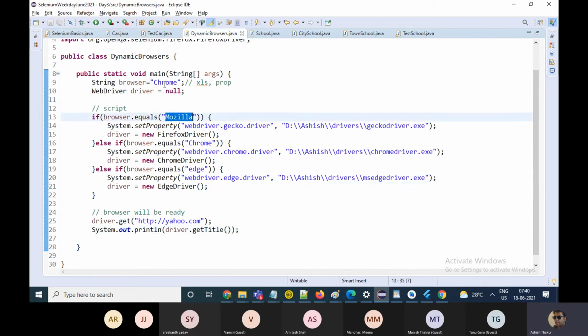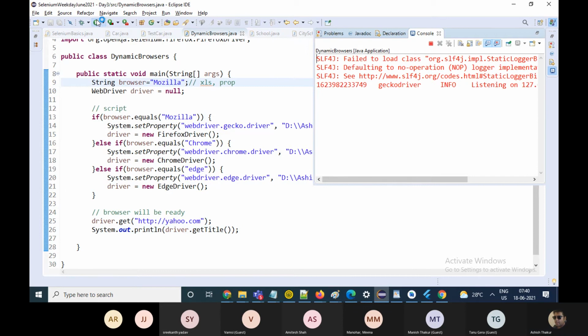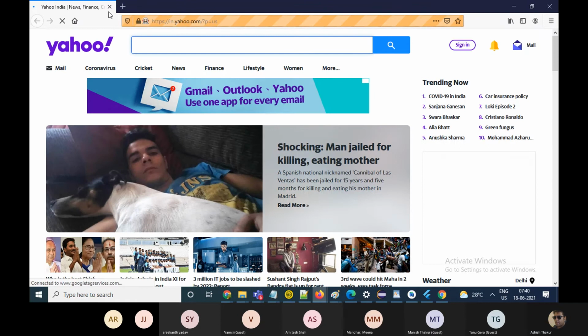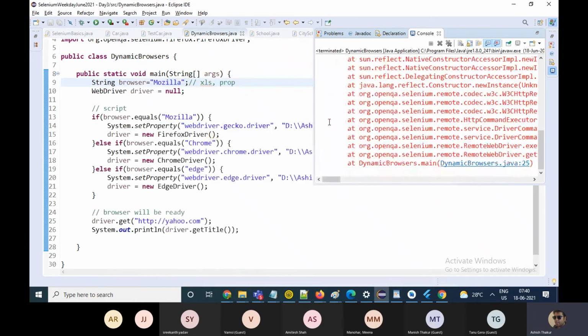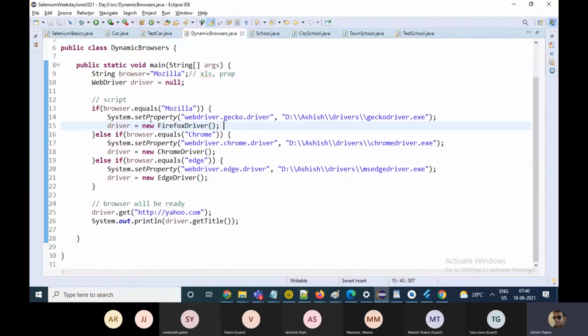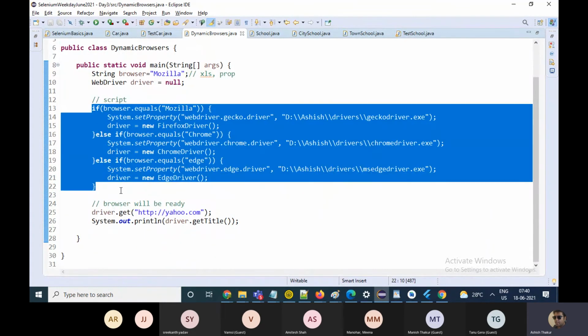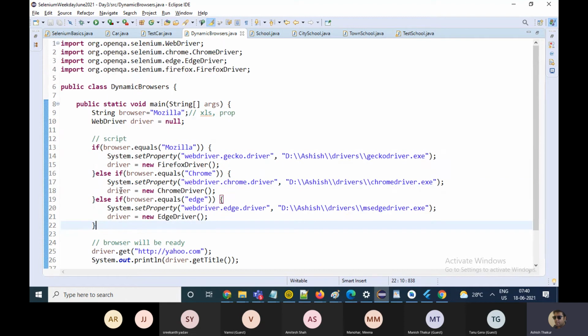And the same piece of code will also work on Mozilla. If I run Mozilla, the same piece of code works here as well. I closed the browser early, that's my mistake. So this is how it works.